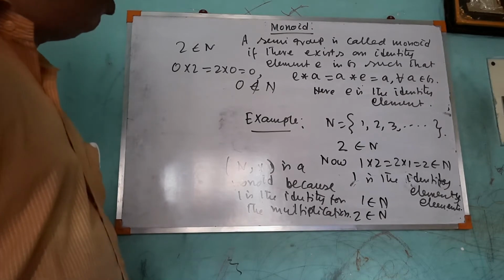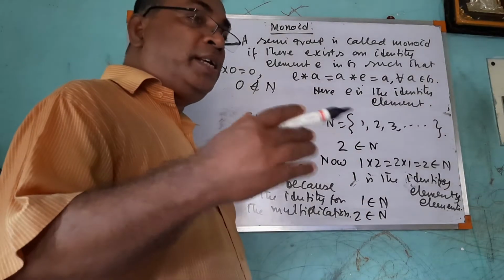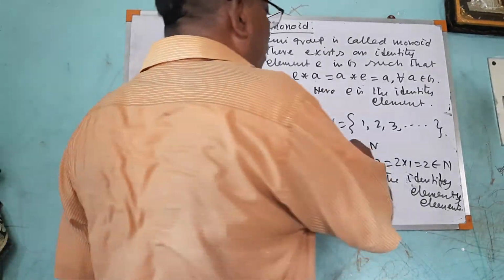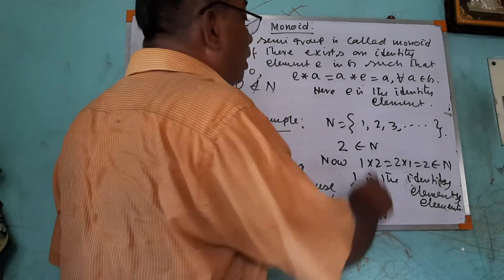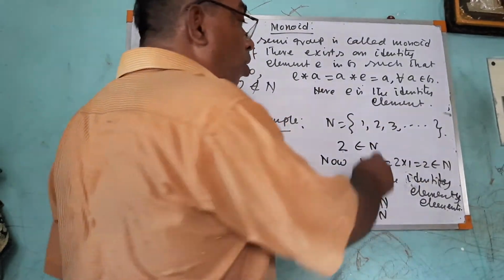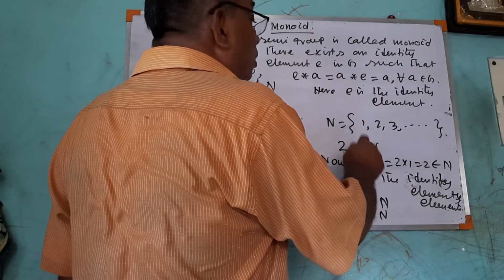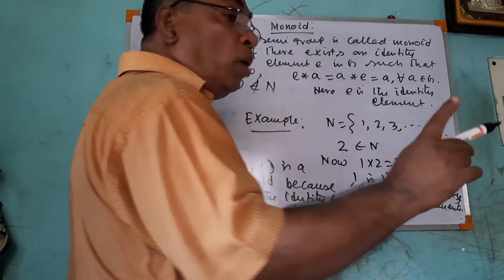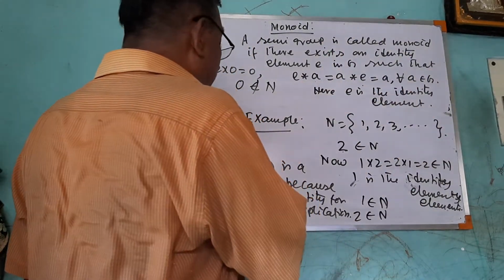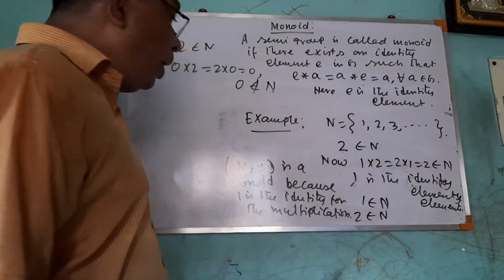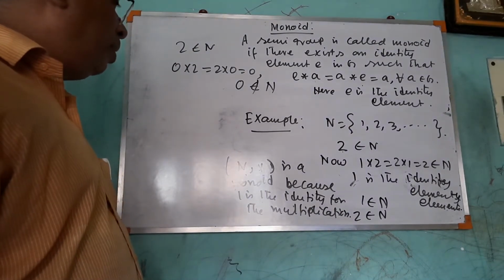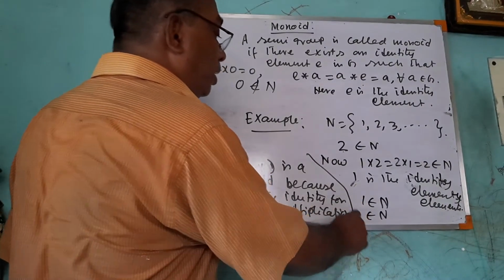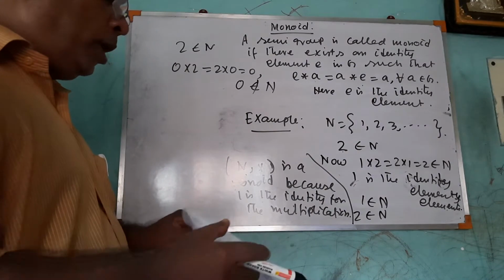So this is a monoid. Monoid means, from the set of natural numbers, can you find any other number such that, for 2 belonging to N, that number into 2 is equal to 2 into that number equals 2? Only 1. So 1 is the identity element. So we can say N cross is a monoid because 1 is the identity element for multiplication.